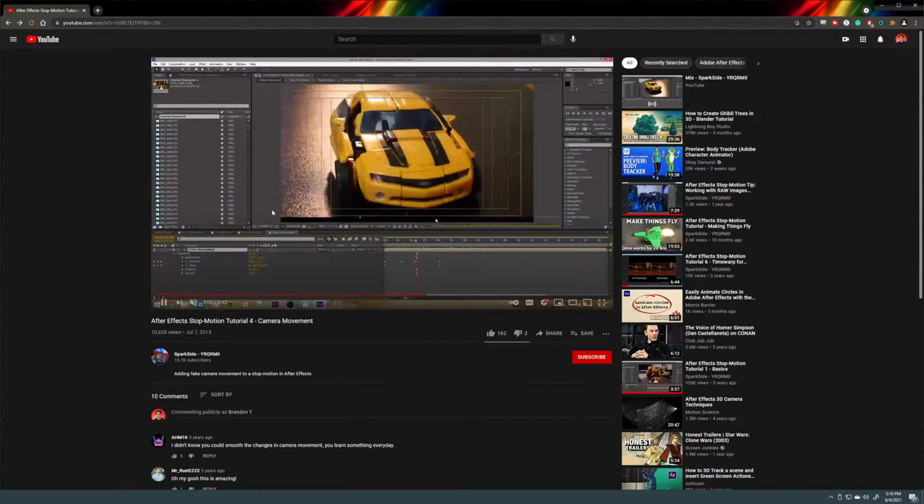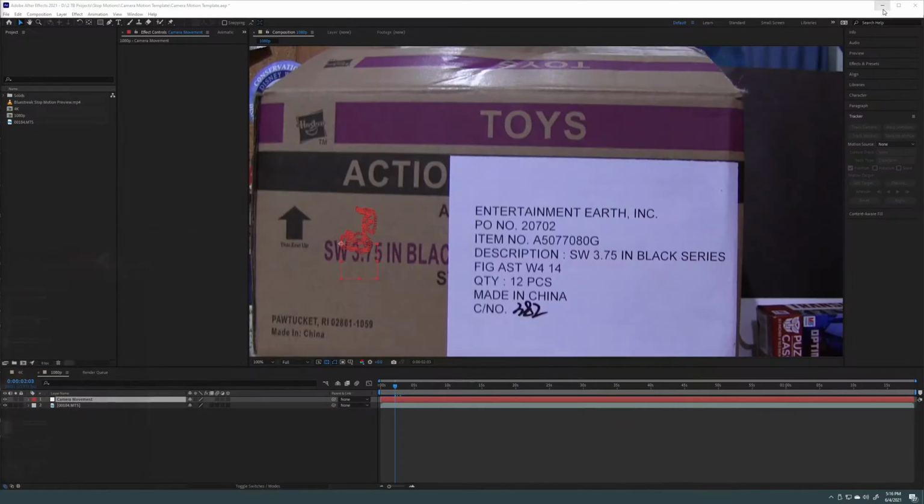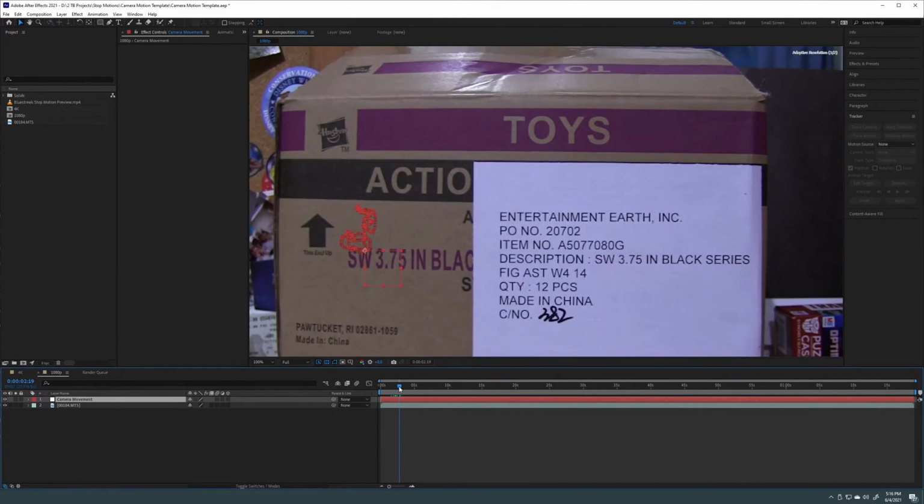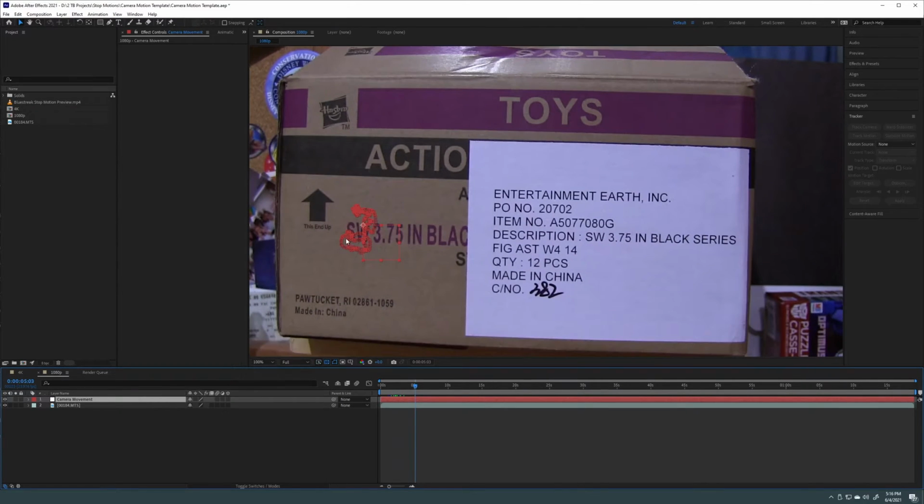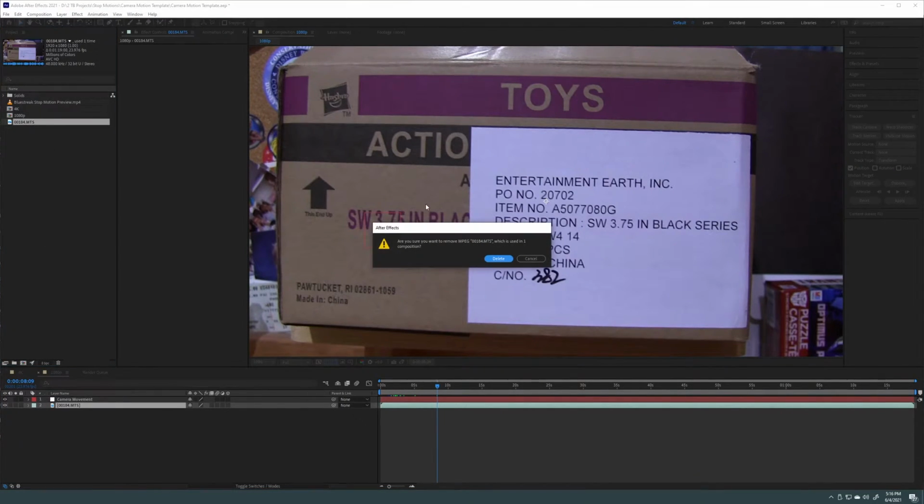In a previous tutorial, I talked about how to add camera motion to your stop motions in After Effects. To get that handheld camera motion, I basically just tracked this footage of a box, extracted that motion of the camera, and applied it to my stop motion shot. So what I'm doing here is I'm going to go ahead and delete the footage of a box here from